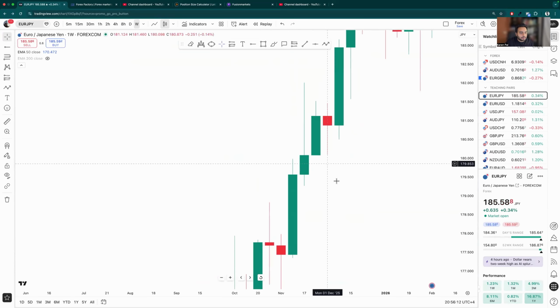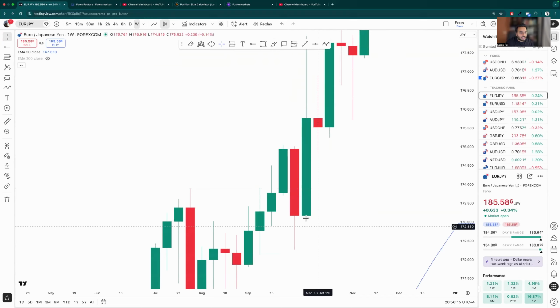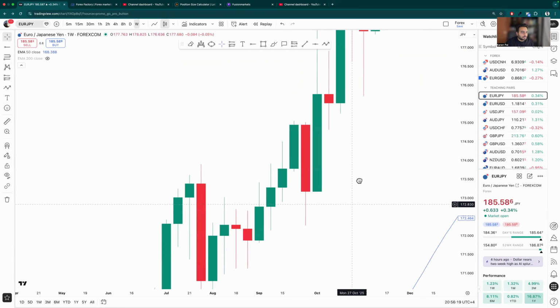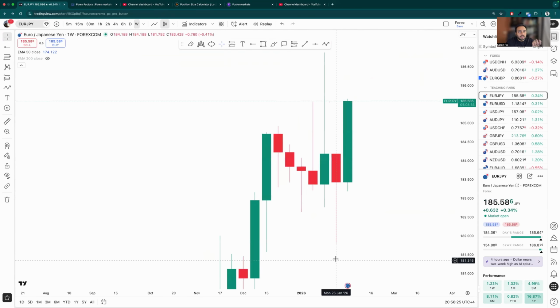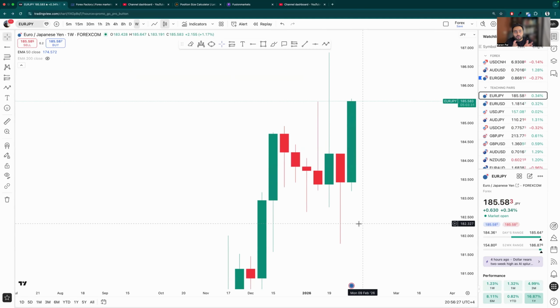There's one right here, and there's a second right here. So again, it's a very rare thing, right? It's a very rare thing. You need to understand that before taking a trade, a wick is created. All of these things are present. That's the thing I look for.